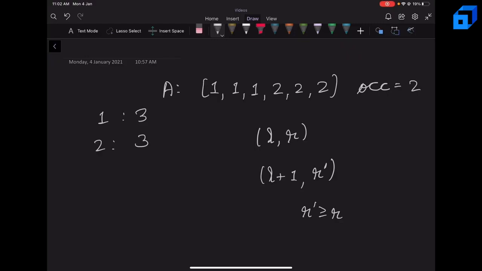But how do we actually prove that the right pointer will definitely not decrease? So we know that if we delete the elements L to R, no element has frequency greater than 2. Now consider L plus 1 to R. So we have added the element A[L]. Since we have added the element A[L], if the frequency of A[L] becomes greater than 2, that means we need to increase our right range because we need to delete some elements until we reach A[L], because the frequency of A[L] is greater than 2 now. Otherwise, the frequency of A[L] is still less than or equal to 2. That means there are no elements whose frequency is greater than 2 in L plus 1 to R. And in that case, our right end will stay the same. So our right end can either increase or stay the same. So that is the idea of 2 pointers.